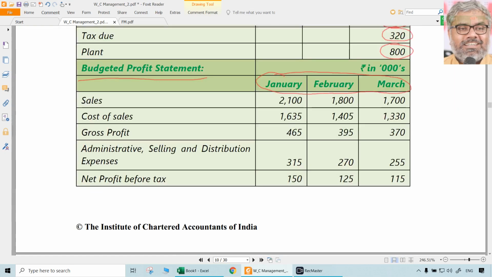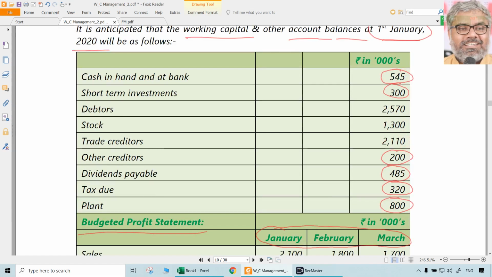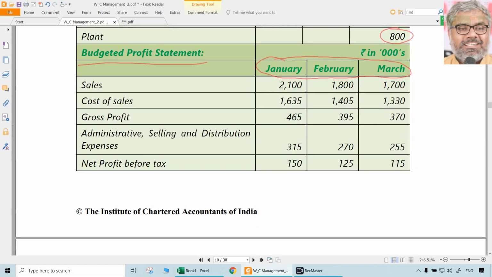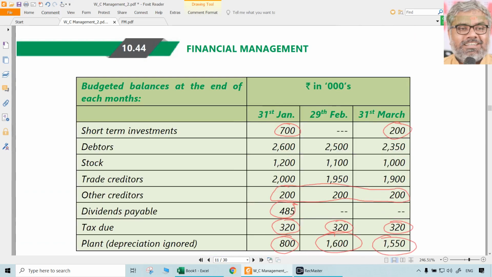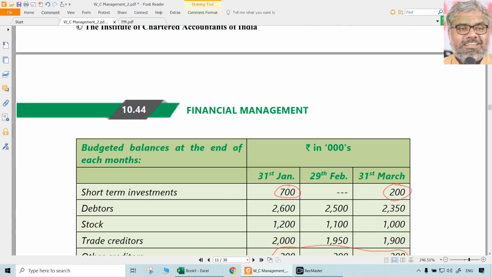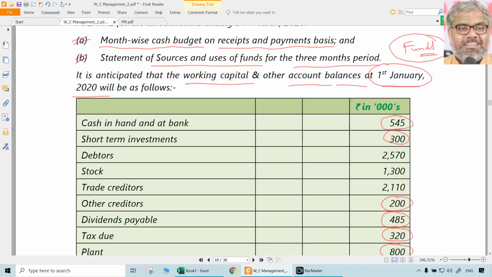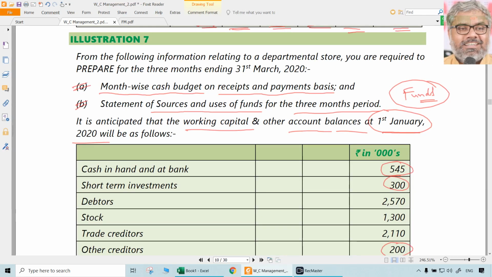Now, looking at other information given in relation to the profit statement or income statement. Income statement has given this, sales amount is given, and cost of sales is given, and other expenses are all given. Now the point is, the question did not mention whether these sales are cash sales or credit sales. Not given means automatically we have to assume all sales are credit sales since nothing is mentioned about it, and